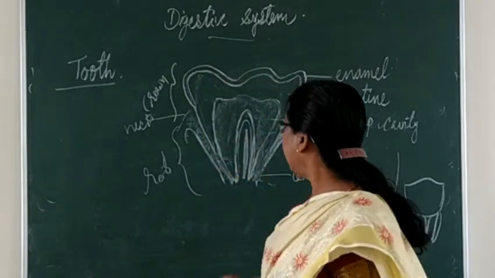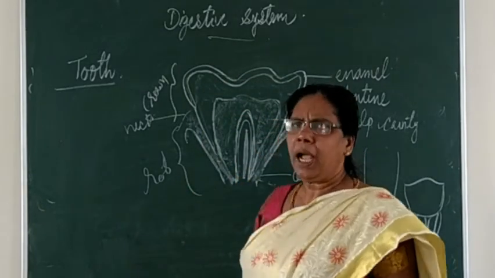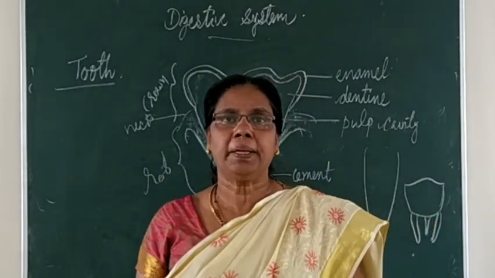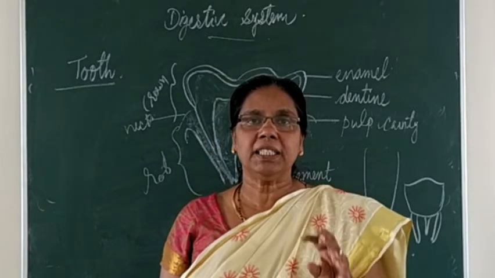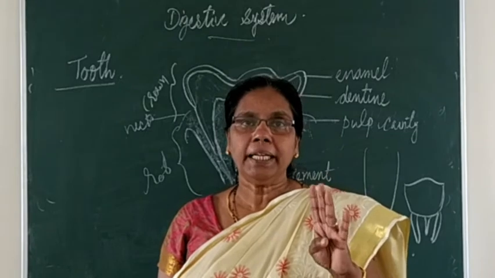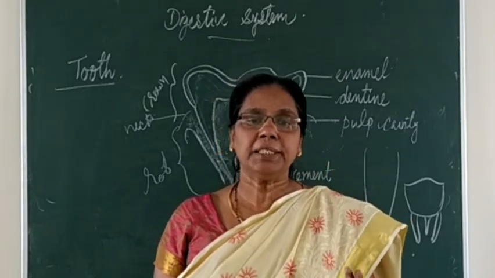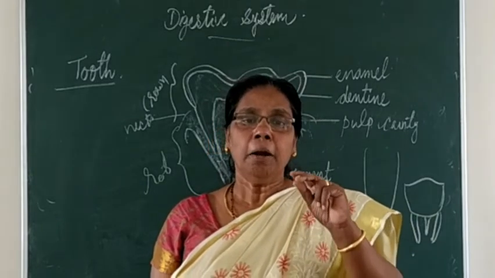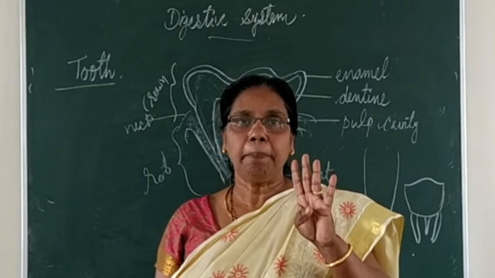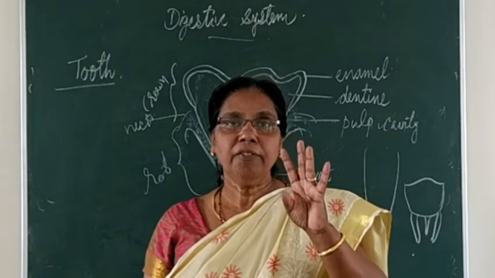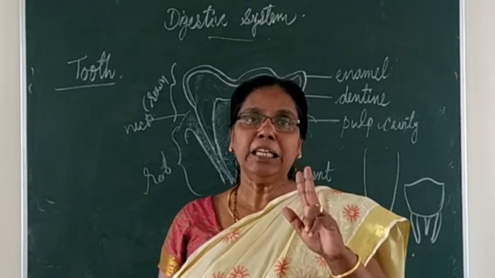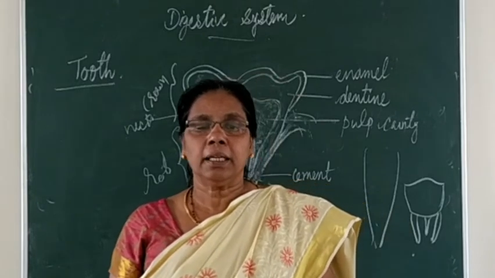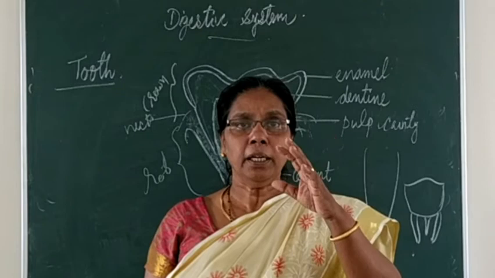And the pulp, which you can see here, is very soft in nature and is contained in the canal called the pulp cavity. What are the things present in it? It contains blood capillaries, lymph vessels and nerve fibers. So blood capillaries are present, along with that lymph vessels are also present, then nerve fibers are also present in the pulp. This is the main structure of the tooth.